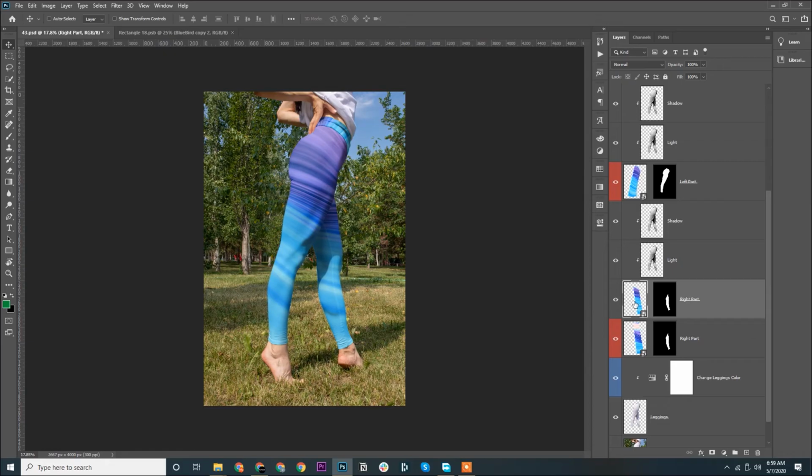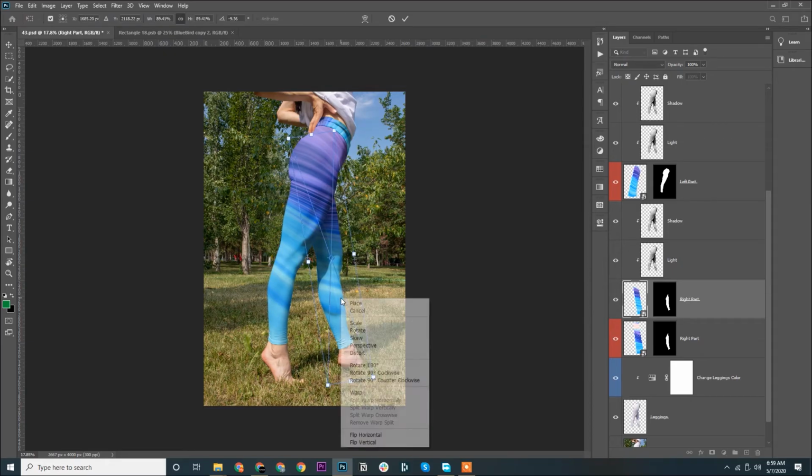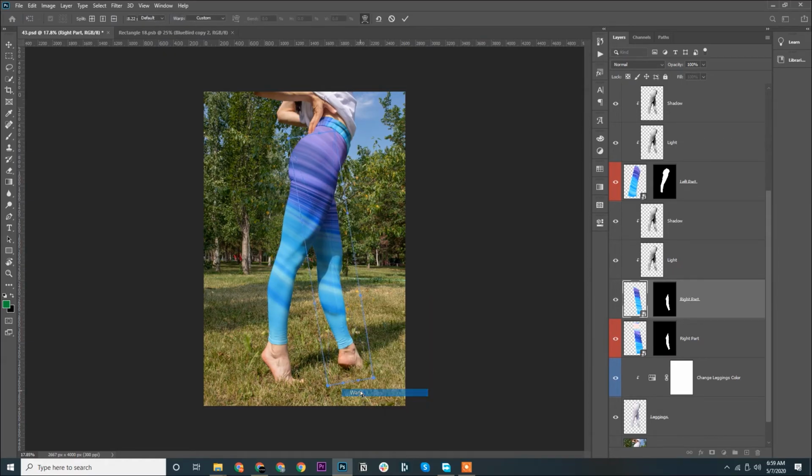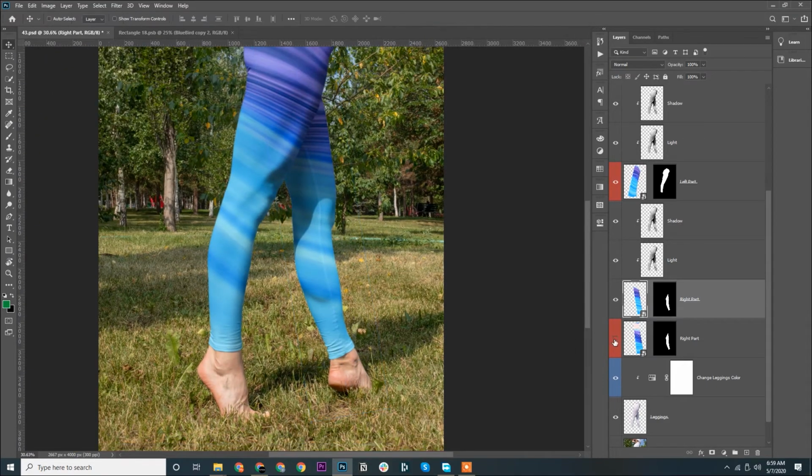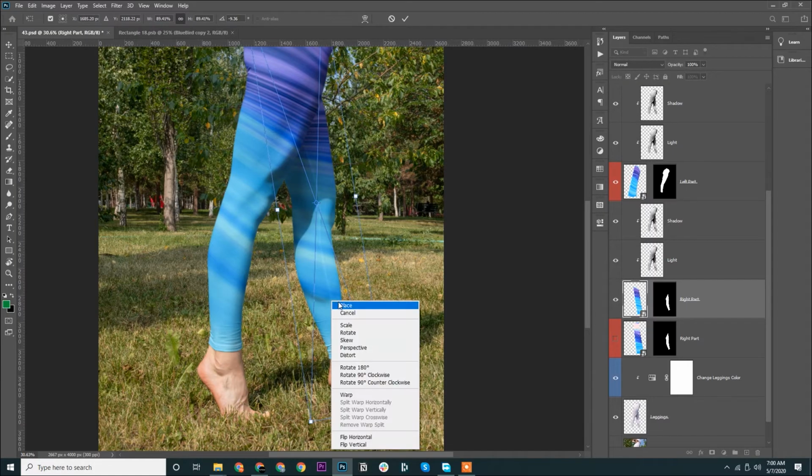To do that we'll press Ctrl T, we'll go to warp.